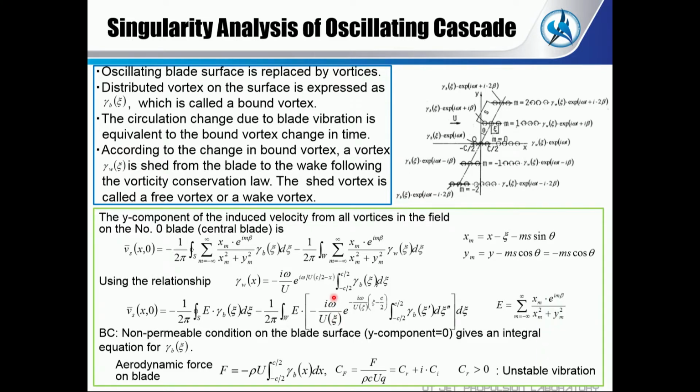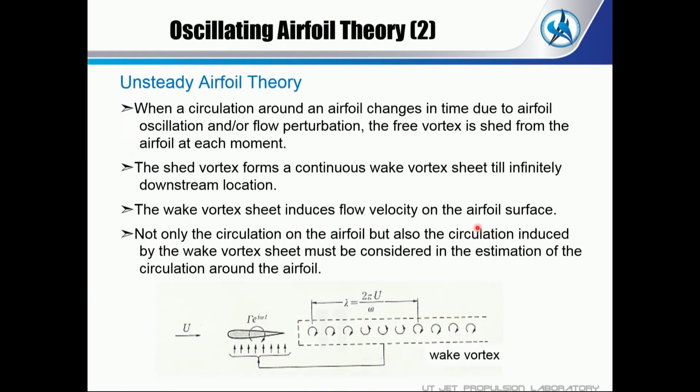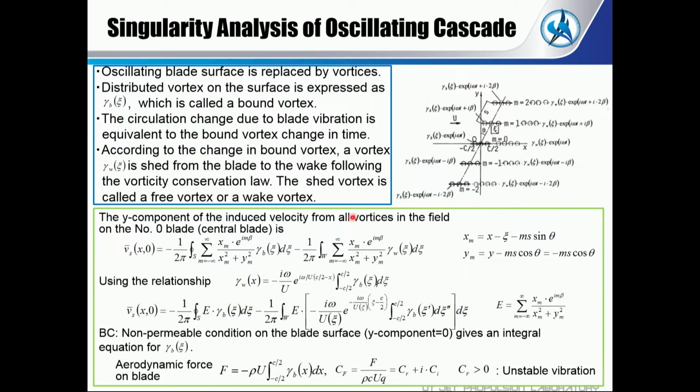And for cascade, so this is singularity analysis. It's an expansion of this consideration to the cascade. So this is the same model as previously shown. So there is a blade, so infinite number of blades. It's a linear cascade, and the central blade is number 0, and 1, 2, and -1, -2. Okay,